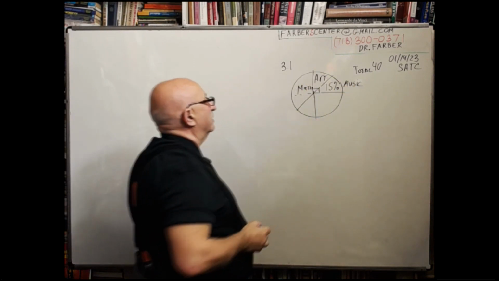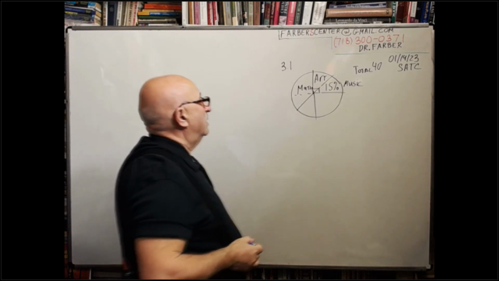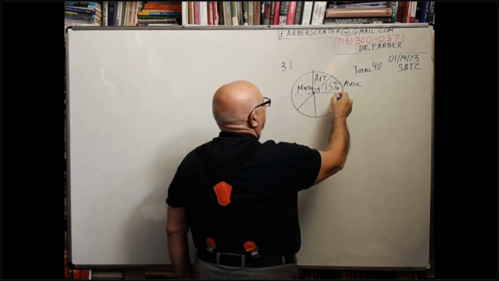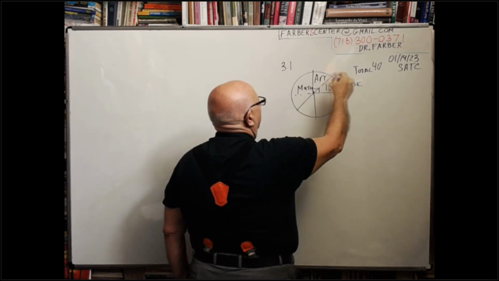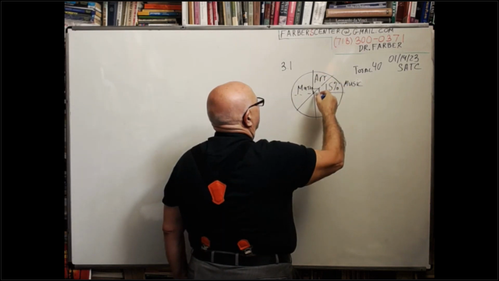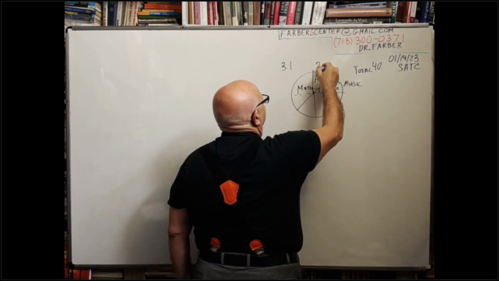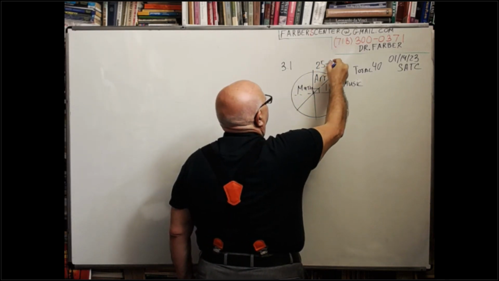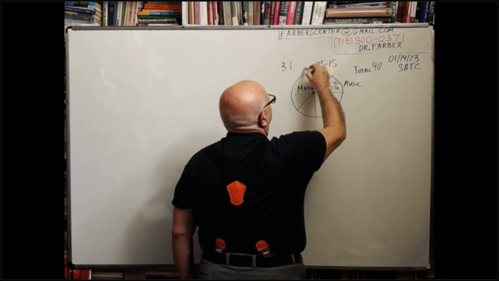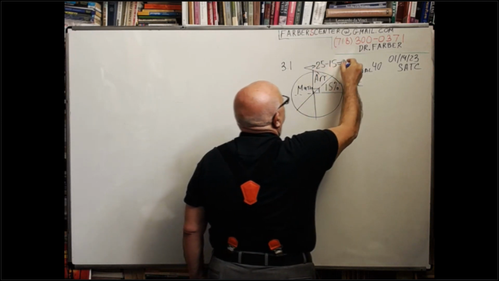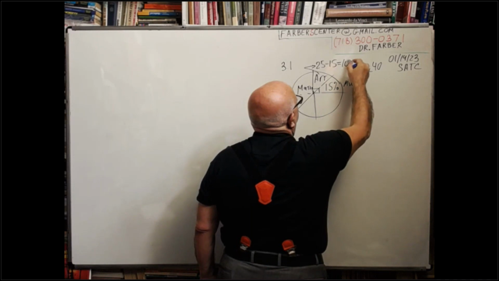Since it's a quarter, 90 degrees. If this is 15% and this total 25%, so this would be 25 minus 15, which is 10%,